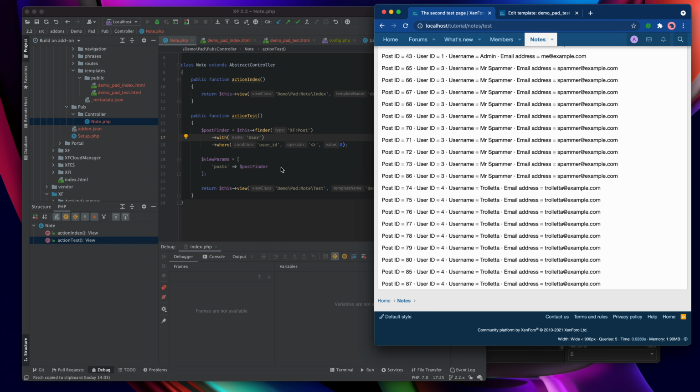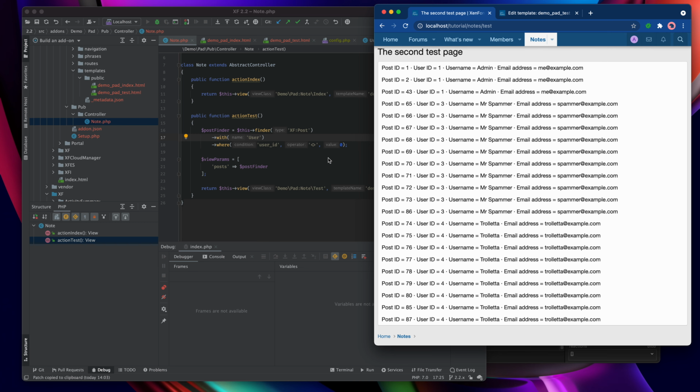Because essentially what we've done is we've built the join and told it that we are going to be working with the user entity, and so it's fetched it in advance with an inner or a left join, depending on how we defined the relation. Now, we're not limited to working with a single relation either. We can work with all the relations that an entity has defined, and we can chain our relations.